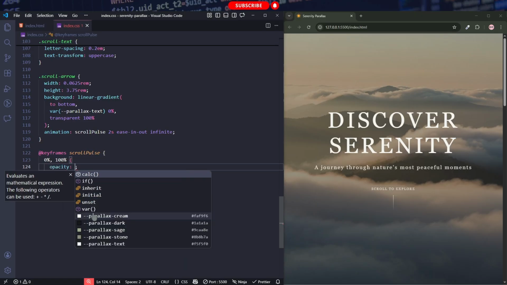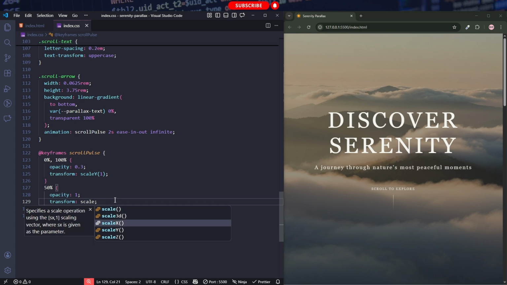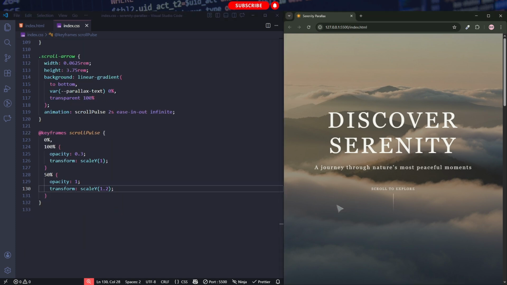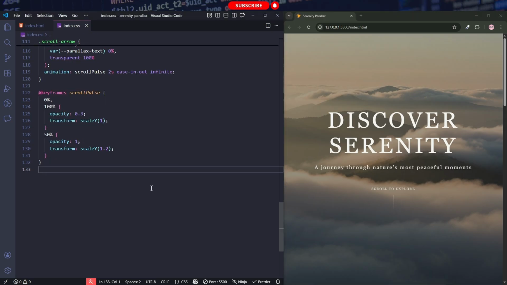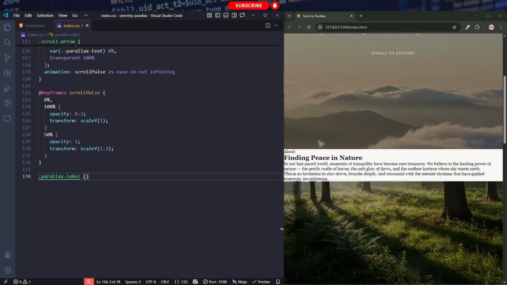It will have an opacity of 0.3 and a transform scale Y of 1. Then for 50%, we have an opacity of 1 and a transform scale Y of 1.2. Now you can see the scroll pulse animation actually working. Great. After our scroll pulse keyframe, we have to define our parallax label so you can see our styles working